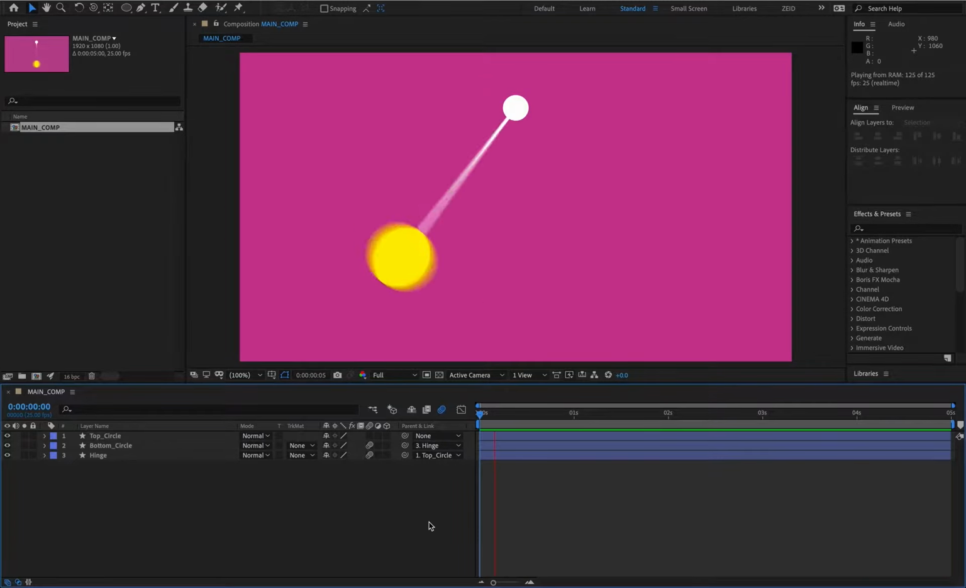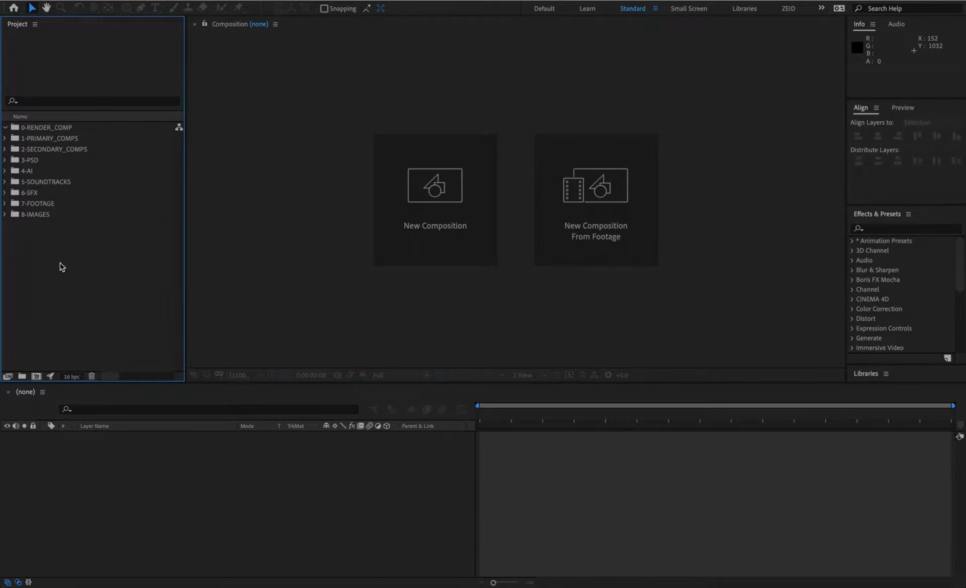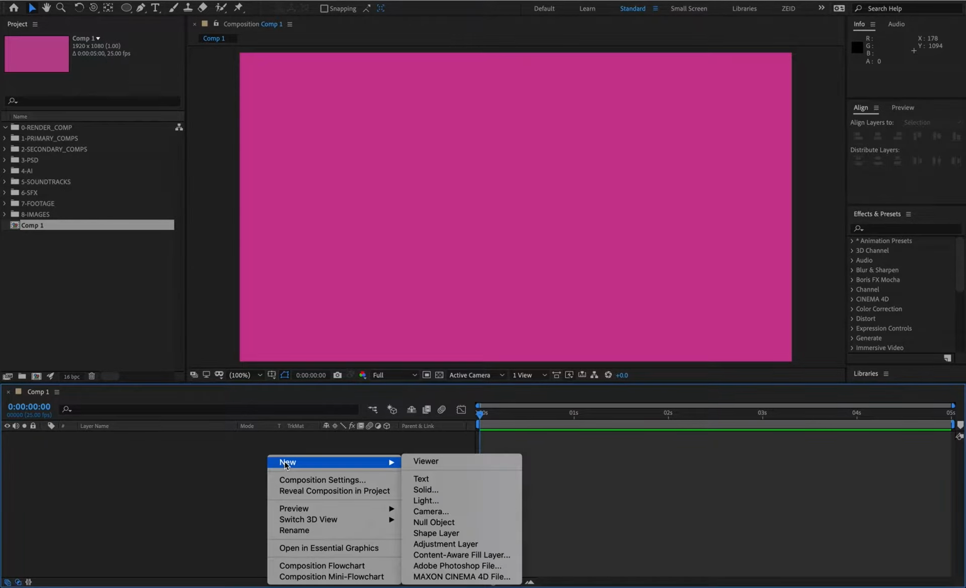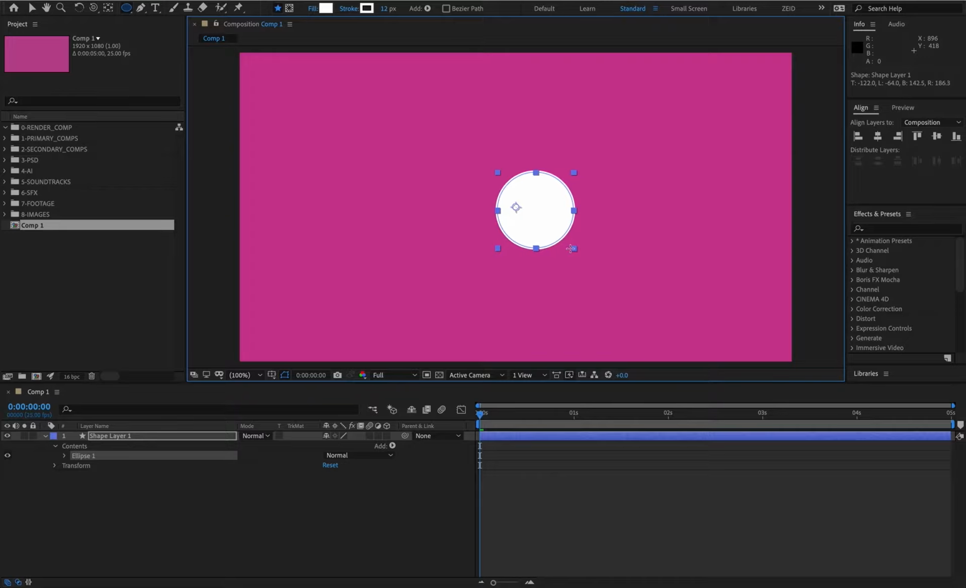Hi guys, today we're gonna do this pendulum effect using expressions only and no keyframes. First of all, let's start by creating our new project and create a new composition. Let's check for the composition properties, create new shape, add our first circle,